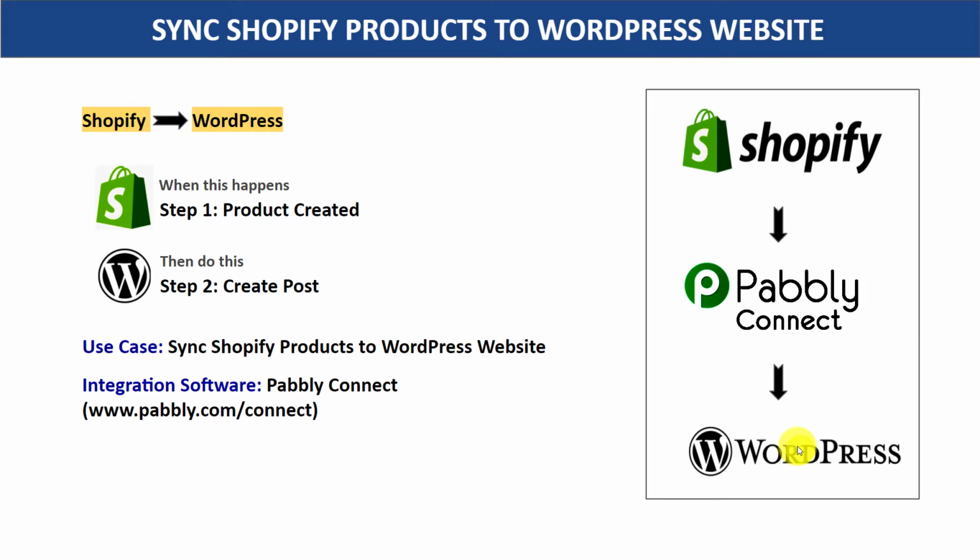So here you have two choices. The first choice is copy all the details of the product from Shopify, sort it out, upload the image and manually create a post on WordPress. Now this approach is actually very repetitive and tiresome considering you will create many products on Shopify. So here I would suggest that you bring in some automation so that whenever a new product is created in Shopify, automatically create a post on WordPress.